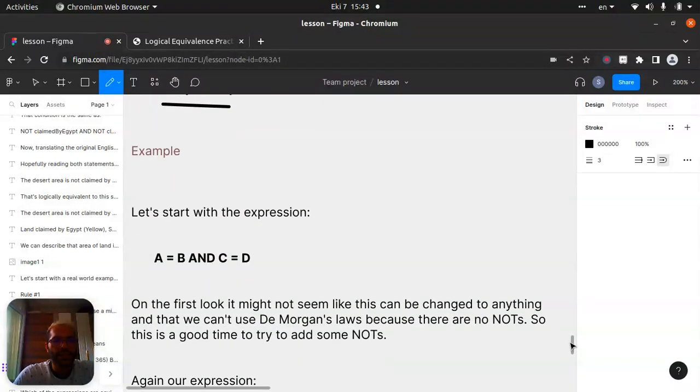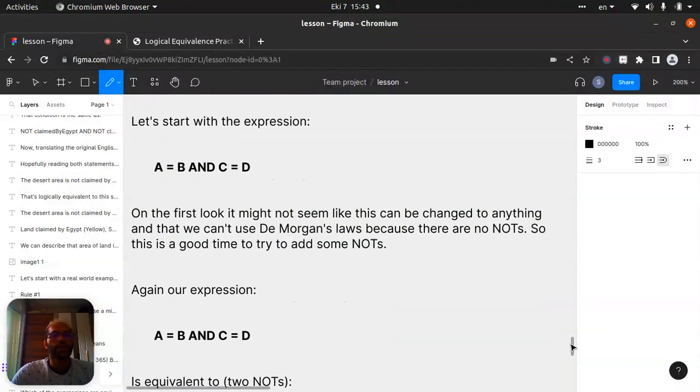Example, let's start with the expression A equals B and C equals D. On first look, it might not seem like this can be changed in any way, and that we can't use De Morgan's laws because there are no nots. So this is a good time to try adding some nots. Okay, we will put here not A equals to B, and